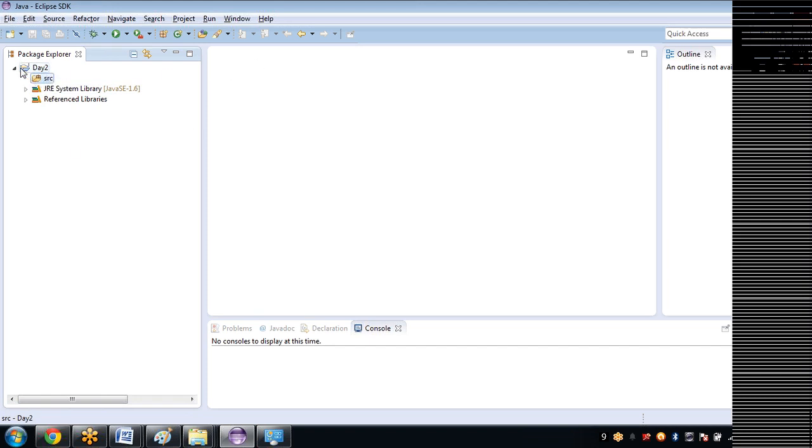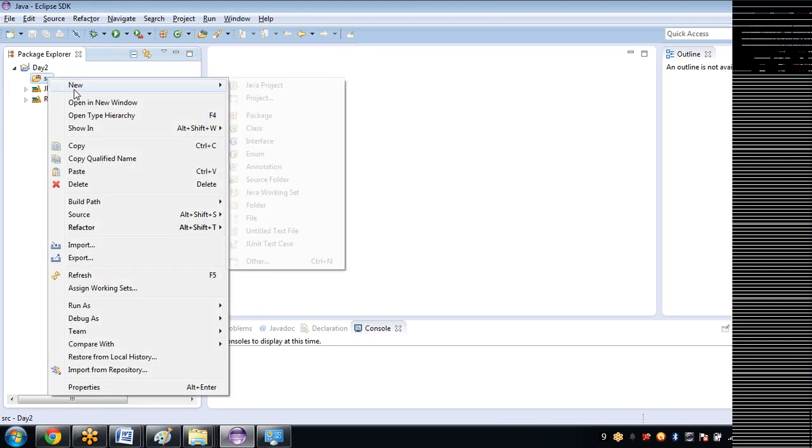It's very simple. Under this project, there is a folder called SRC, right? Right click on the SRC folder. Okay, in New, this time Class. This is our test. To create a test case, basically we need to create a class.